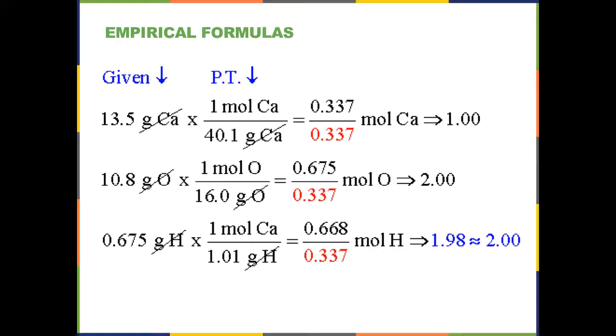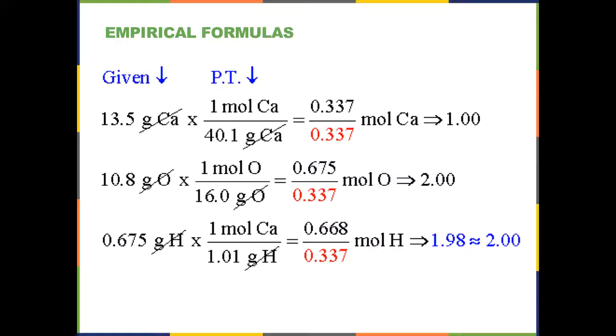So let's take a look at something with numbers in it. Let's say that you're given that a compound consists of 13.5 grams of calcium, 10.8 grams of oxygen, and 0.675 grams of hydrogen. These are all listed on the left here as the given. So then you divide each of these by their molecular weight or formula weight. Calcium, if you look up on the table, is 40.1, oxygen is 16, and hydrogen is 1.01. And you see that you end up with